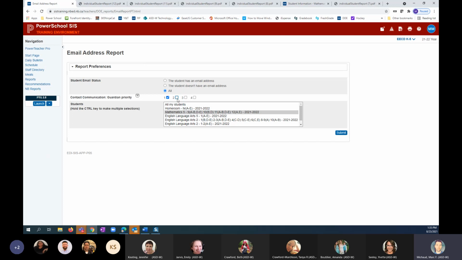If there's 2 parents, you can always click on 2. And when you select your class, if it's high school, you'd be selecting period 1, 2, 3, 4. If you're doing K to 8, you probably just select your homeroom. So when you select your class and you hit submit,